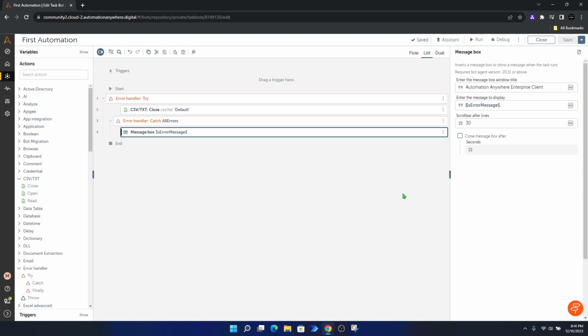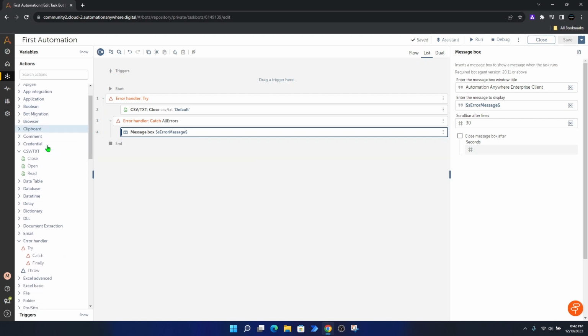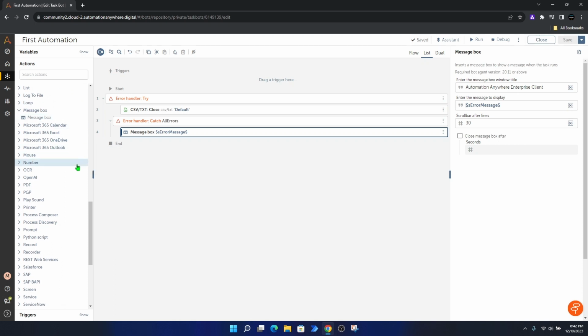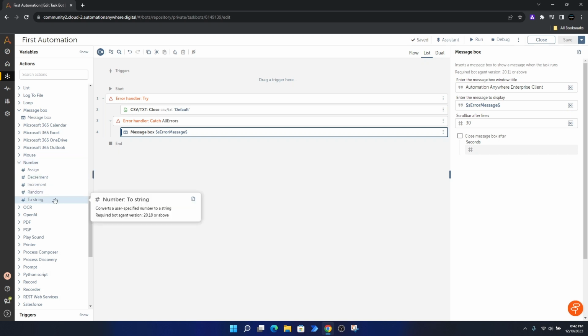So this shows that these are string variables. Okay. So now we need to think what we can do to show the error line as well with the error message inside the message box. For this, we have an action. When we go down in our actions to the number package, which we will find here, inside the number package we have an action which is called toString. And we can see here number to string converts the user specified number to a string. Okay, so we can pick this one,